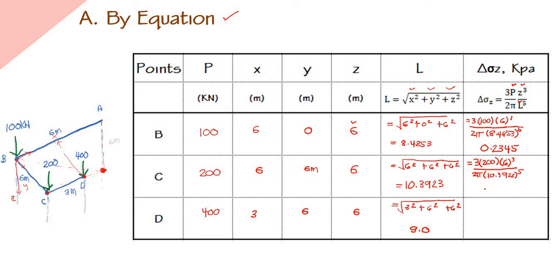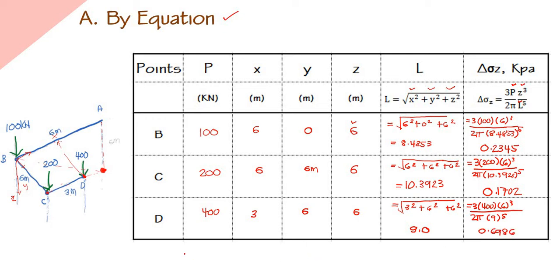This is 0.1702. Then finally, at point D, this is simply 3 times 400 times the value of Z, which is 6 cubed, divided by 2 pi times 9 raised to 5. So this is